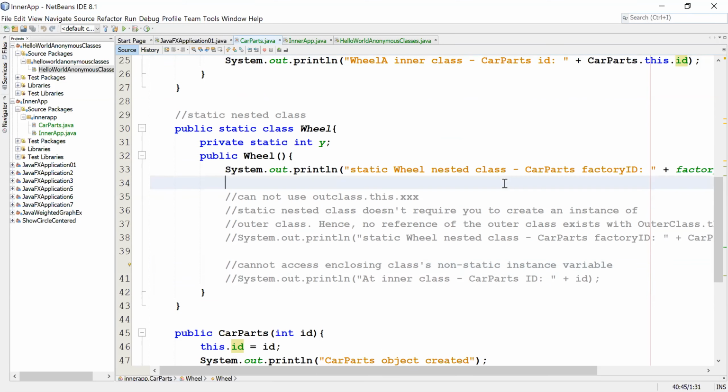Then it's a class variable you cannot access. Why? Because for a static class, you don't need an instance. For a static class, you cannot use it to create an instance, because it doesn't require you to create an instance of the outer class. So how can you reference